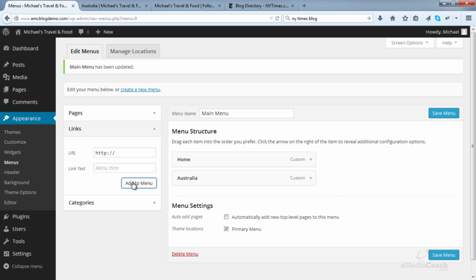Now similarly, I want you to do the same for any other items that you want in your menu, or any other categories that you want in your menu.